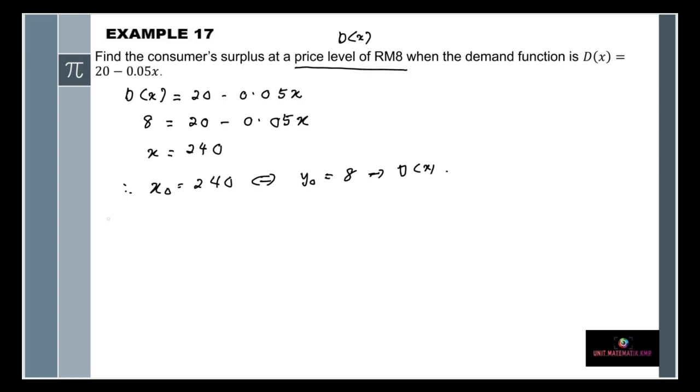Consumer surplus, CS. Consumer surplus equals the integration from 0 to x naught, which is 240, of the demand function, 20 minus 0.05x dx, minus x naught y naught, which is 240 multiplied by 8. Okay, so we integrate this one, we should have